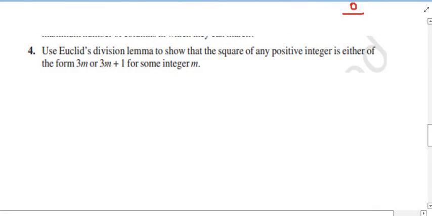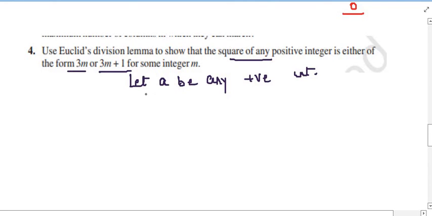Now we'll continue in question number 4. In question number 4, use Euclid's division lemma to show that the square of any positive integer is either of the form 3m or 3m plus 1, for some integer m. Here again we will be using Euclid's division lemma. So let's say let a be any positive integer,